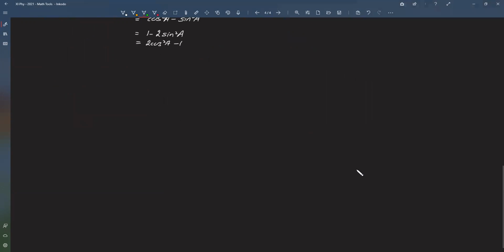Right, now one more set of formulas, I'll say, which you will come across, and which you will find most of the time in your physics derivations and all, is what if there is sin a plus sin b, or sin a plus cos b, or cos a plus cos b, things like that. So for that, we will see how to derive that instead of just learning those formulas